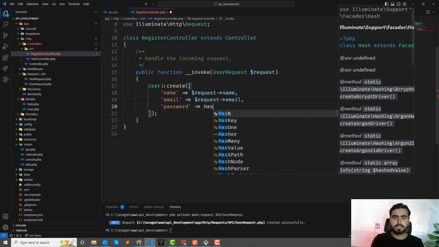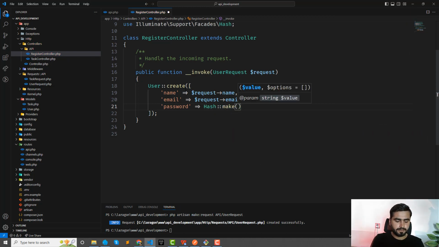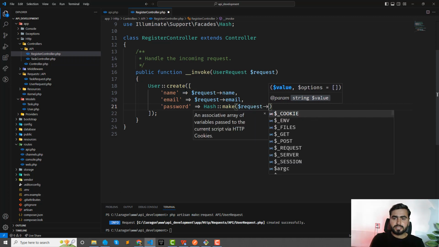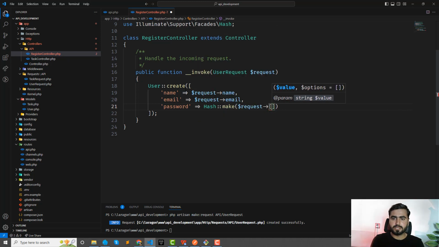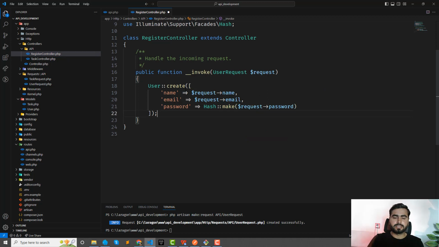Make sure this is hash make, or you can also use the latest one, str facade, to create the password, or you can still use this hash password. Okay, great. And after this I want to store this into the variable user,